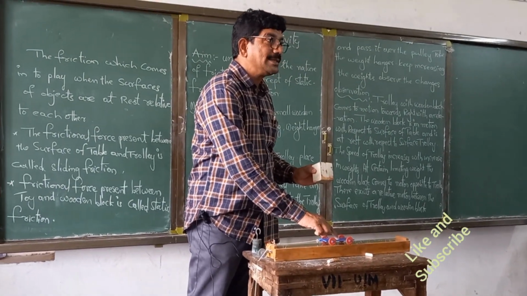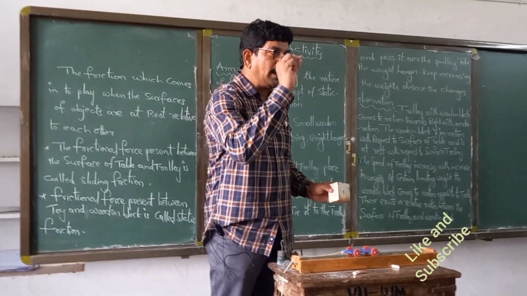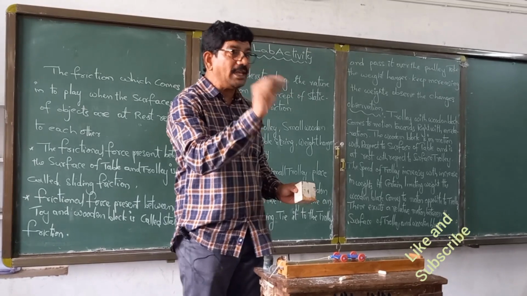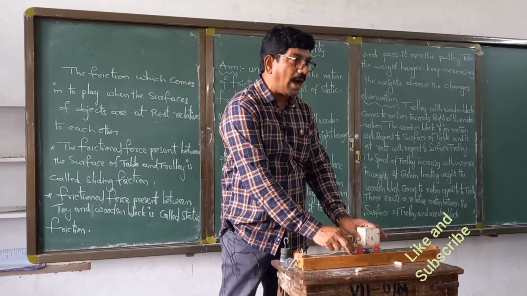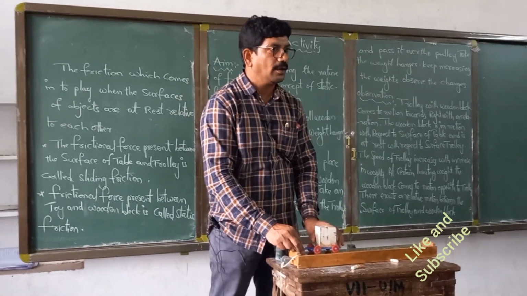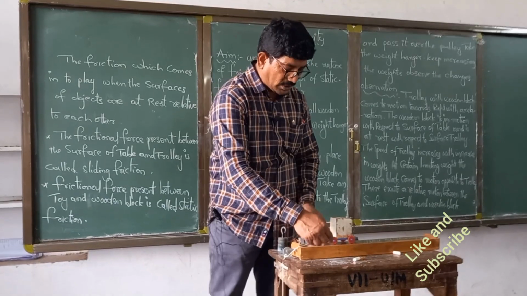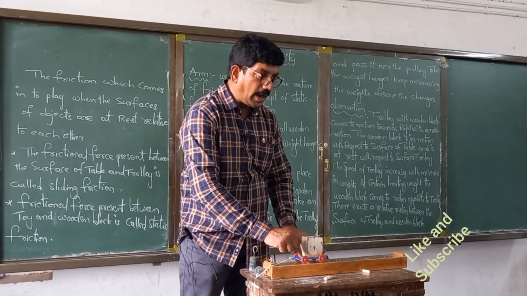Static friction. At a particular weight, that is known as the limiting weight. What we call it? Limiting weight. Then the wooden block moves opposite to the direction of the trolley. Are you clear? At that time, the frictional force present between the surface of the table and the trolley